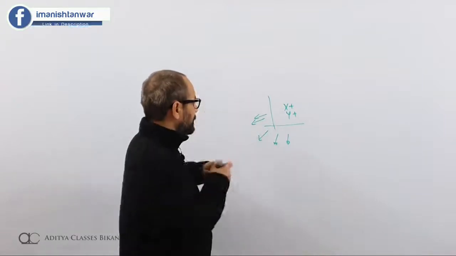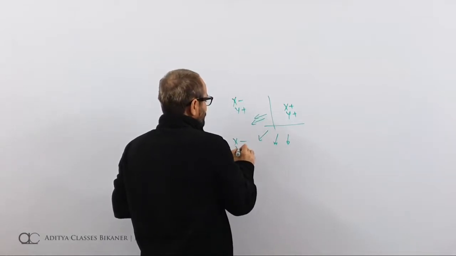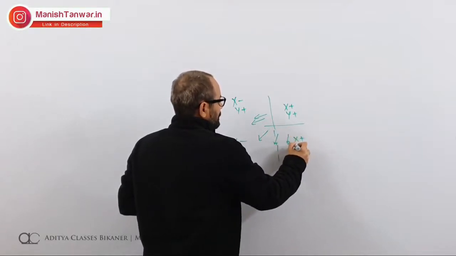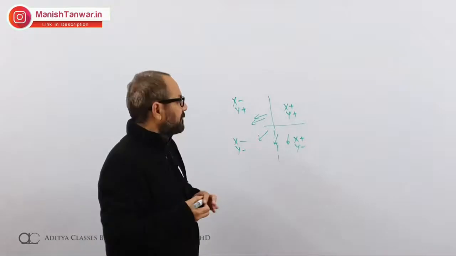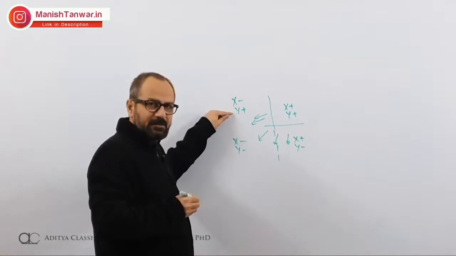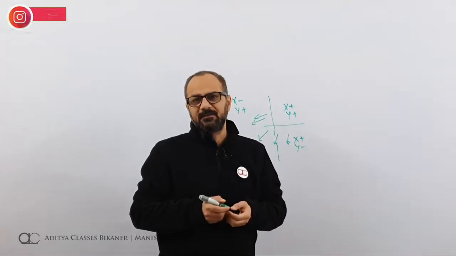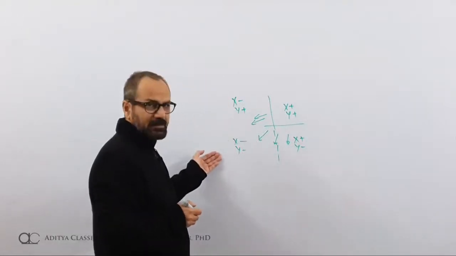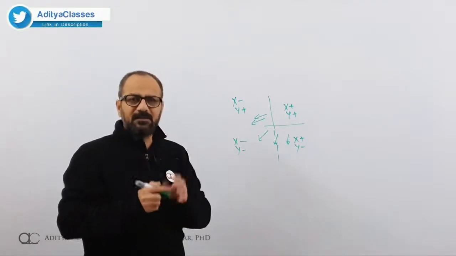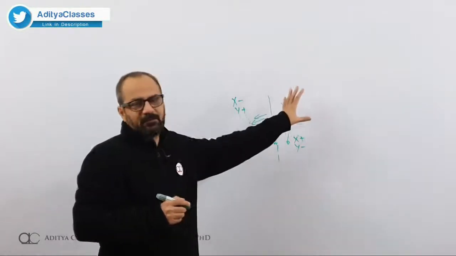If we come in this area, x is negative and y is positive. Here x is also negative, y is also negative, and in this quadrant, x is positive and y is negative. If my solution comes over here, it means I need a positive number of tables but a negative number of chairs. I cannot produce a negative number of chairs. In this quadrant, negative chairs and negative tables, this is not possible. So we always have a physical constraint, limiting us to the positive area only,